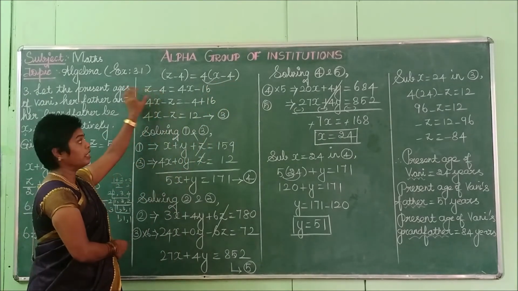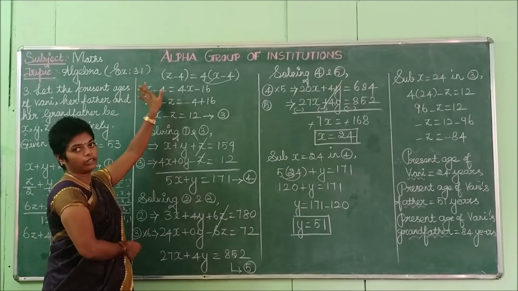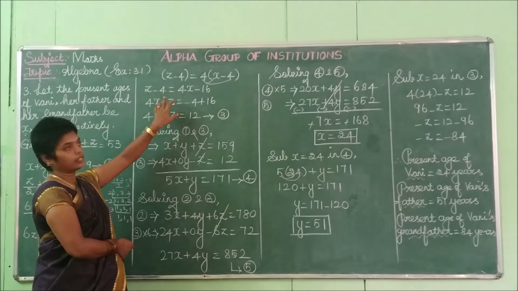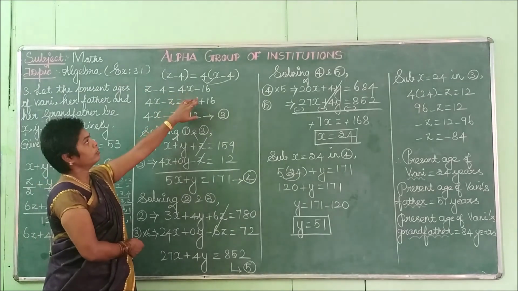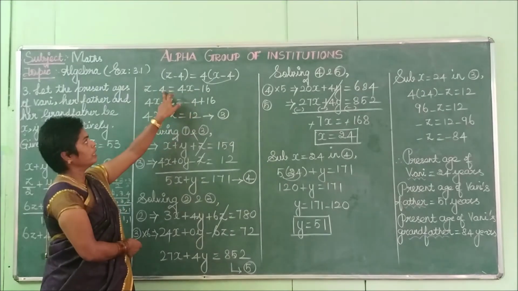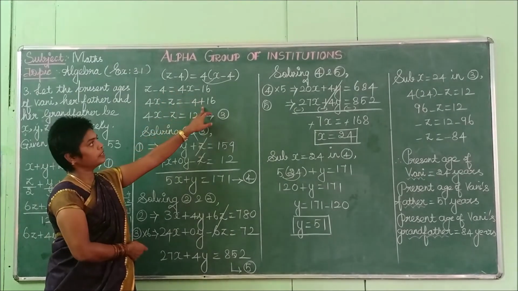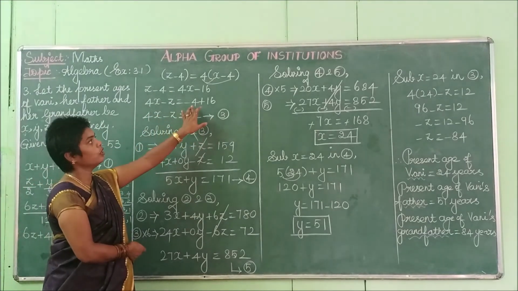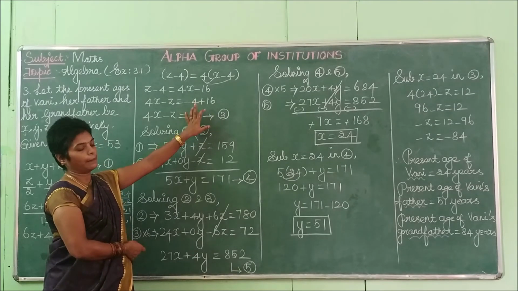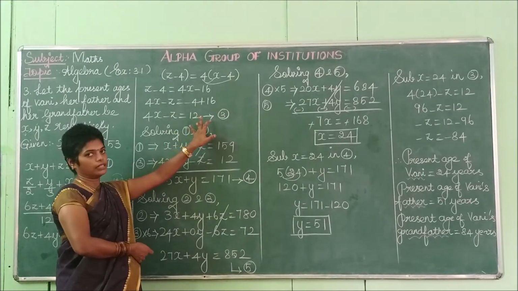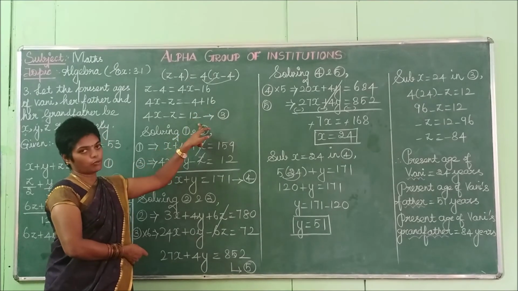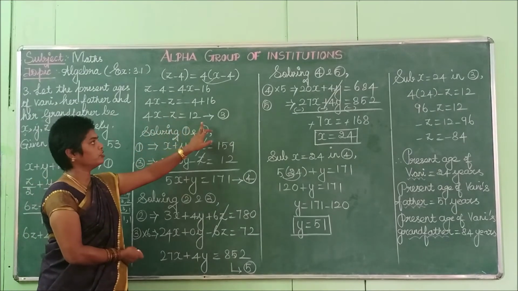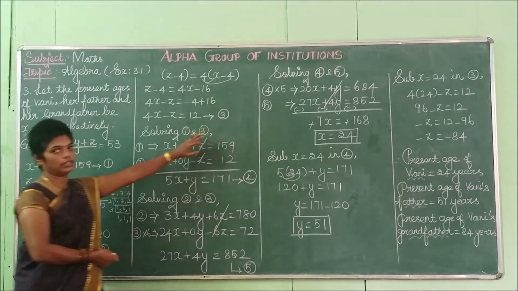Align into a single equation. So here positive, so we have to align all this to that side. 4x plus z changes to that side means minus z. You have to change this number to this side, what comes? Minus 4. This 16 goes means plus 16. Then listen, 4x minus z, which is equal to, both are in opposite signs, so you have to subtract and put the biggest number's sign. So 16 minus 4 is 12. 16 is positive, so you can keep it as positive. 4x minus z, which is equal to 12. Take these as the third equation.